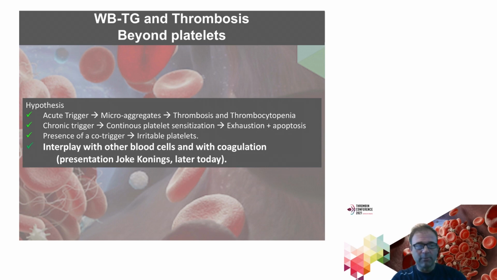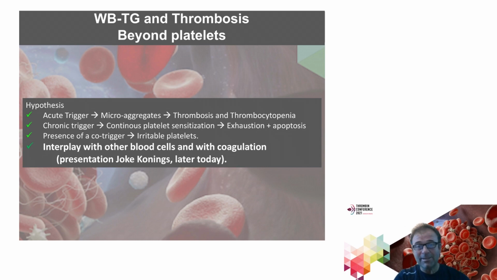Well, these are two examples. Of course, the idea is very new, and we are just in the start of the validation. But when you're just in the start, you need to be aware that platelets are, of course, never the only explanation for thrombosis. So although we find strong relationship, we should always keep our eyes open for other processes, because we all know that the vascular biology is also very important. We know that other blood cells, like red blood cells and white blood cells, might also play a role in the incidence of thrombosis. And of course, coagulation.